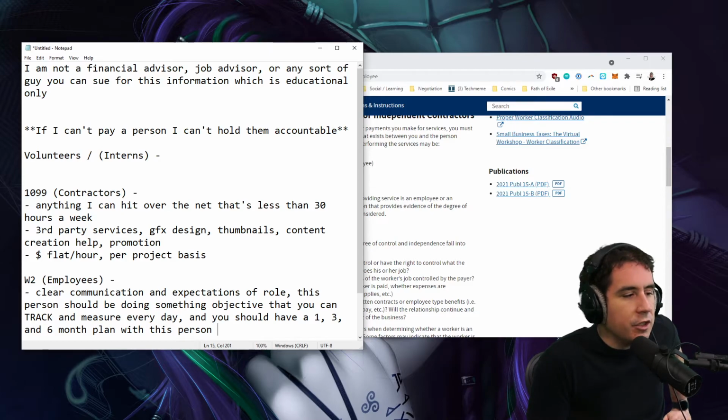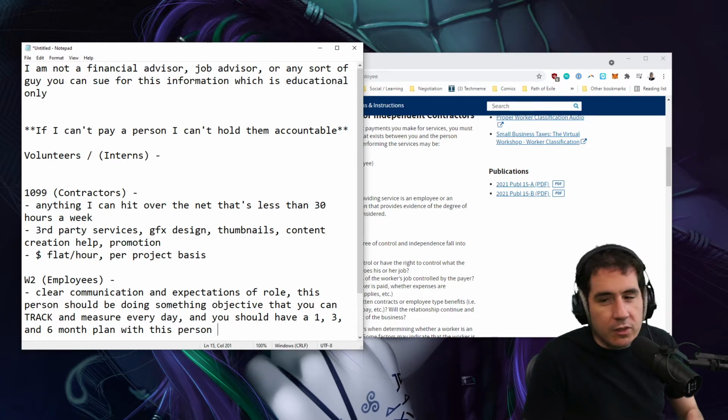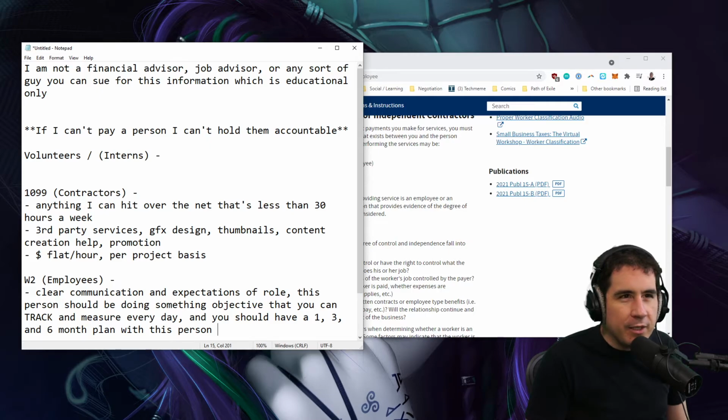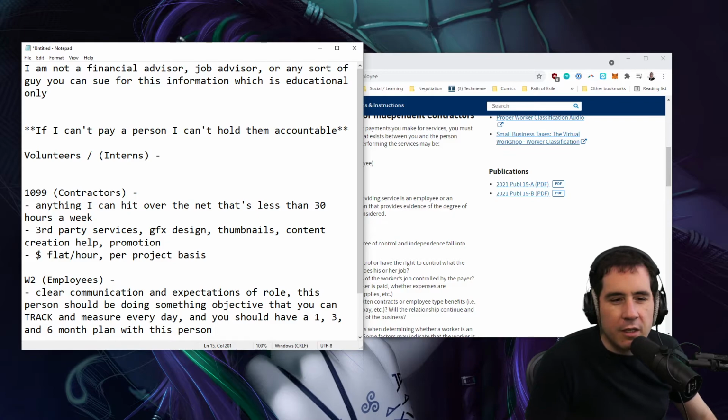So it's not just that, I think people are going to gloss over this section, eyes glazed, but not realize that it's actually hugely important that you evaluate both your W-2s, as we're talking about right now, but also your 1099 contractors on what is the objective value they're providing. If you spend $1,000 contracting graphic design and you think that makes your stream better, or the new logo is going to attract more people to your restaurant, are you sure? Okay, you can spend that kind of money, but you better do it first in the context of how it provides actual objective ROI, which means you're going to have to make harder decisions around who you hire and who you contract.